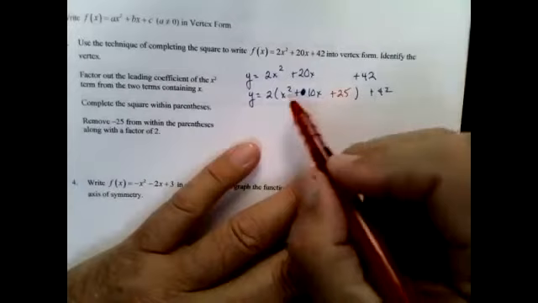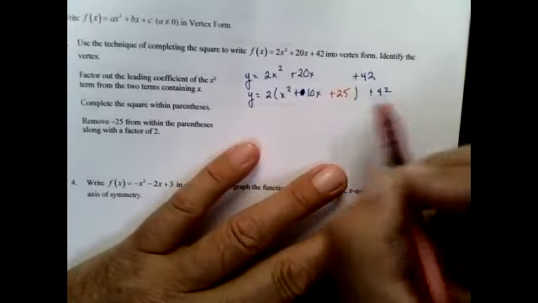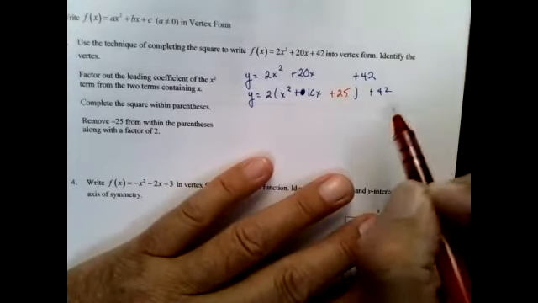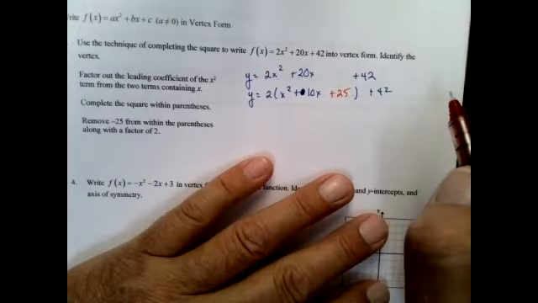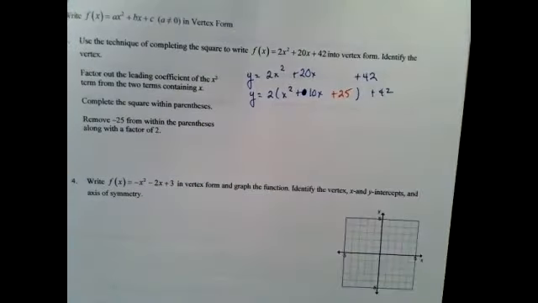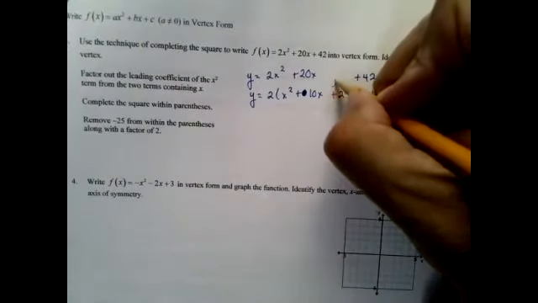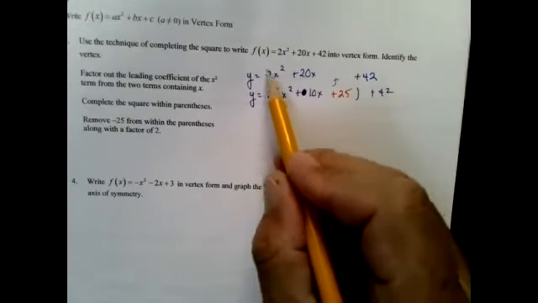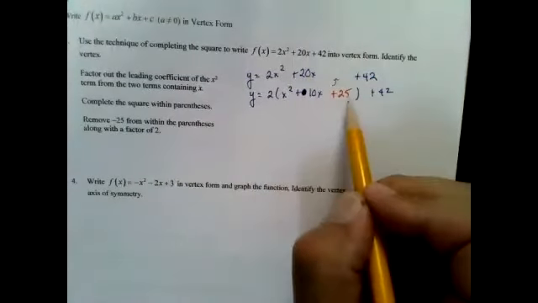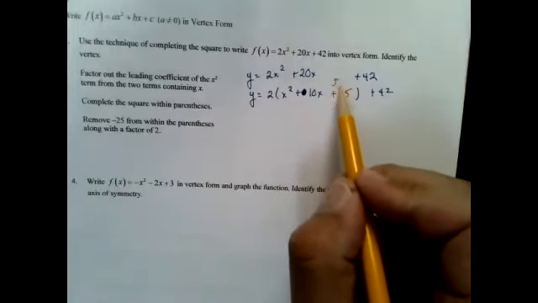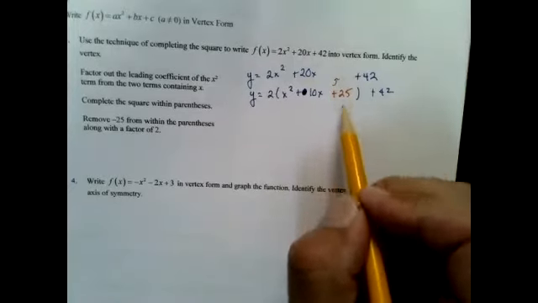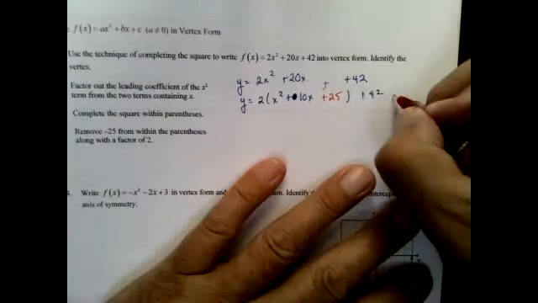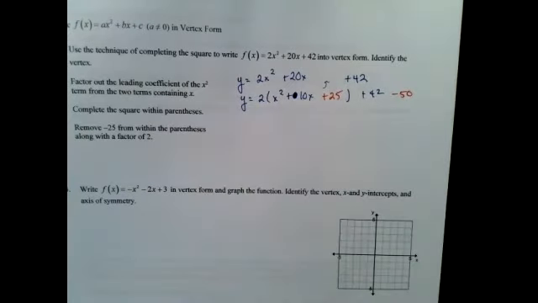What did I really add to this right side? I didn't really just add 25. What did I add? Because if I went up to the line before and I distributed 2x squared plus 20x, looks like I really added 50, didn't I? So if I'm going to add 50 in order to keep balancing the force, may the